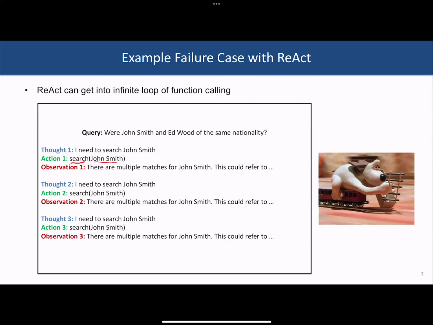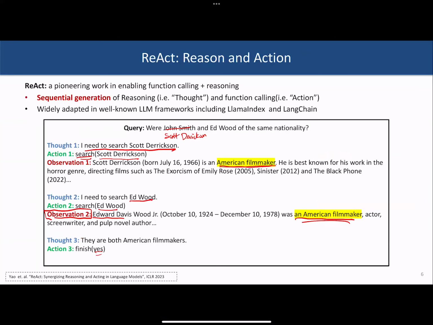Another problem is that even here, when we are doing this kind of thought and action, we are doing it sequentially. We are calling this function, getting the result, asking the LLM, okay, I have these results, what else should I do? Then you perform that step. Then again, you provide all of that context and you keep calling it. And so this context keeps growing. This is problematic because of the context length limit, but also latency and accuracy.